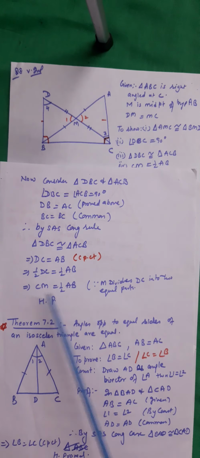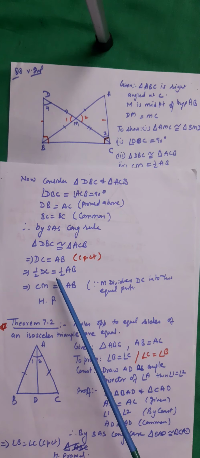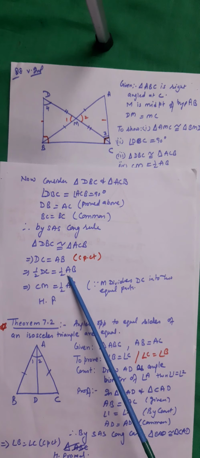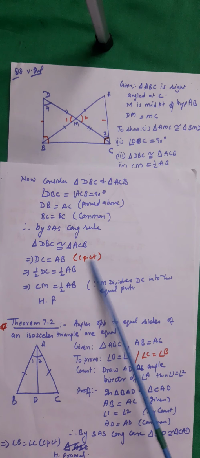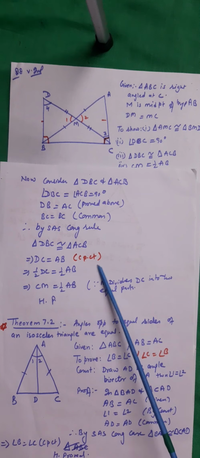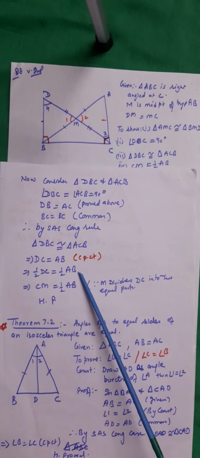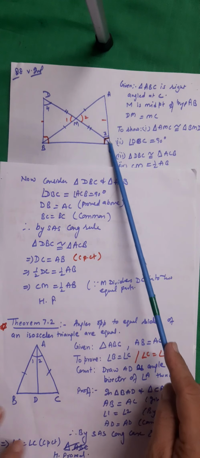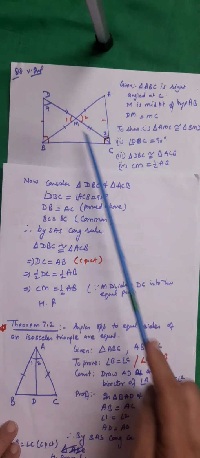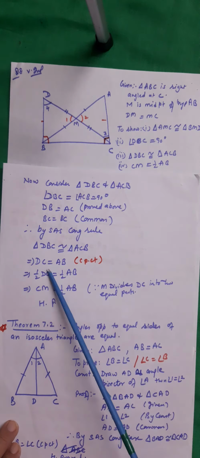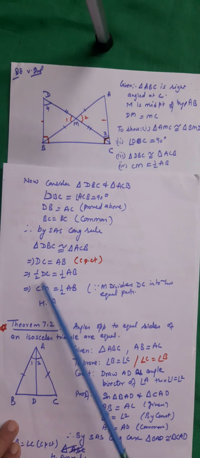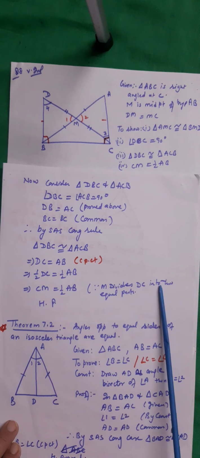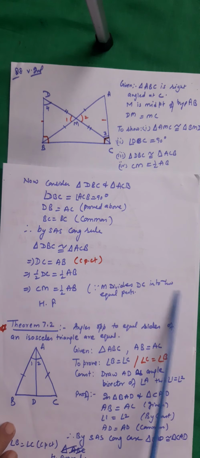Now, if they are congruent, we can say that DC is equal to AB. And if they are equal, their halves will also be equal. That means half of DC is equal to half of AB. Now CM is equal to half of CD. So we can say CM is equal to half of AB, because here M is dividing DC into two